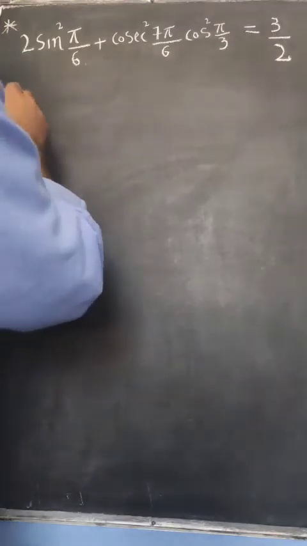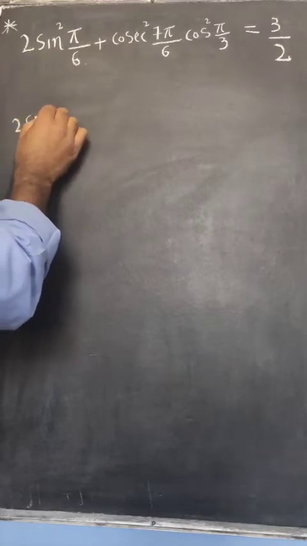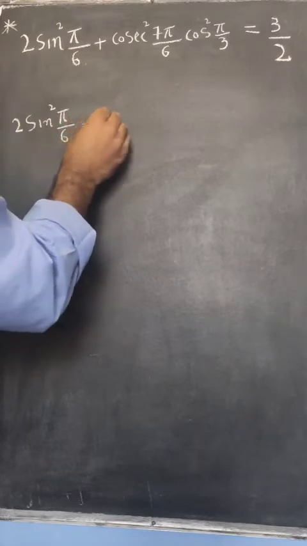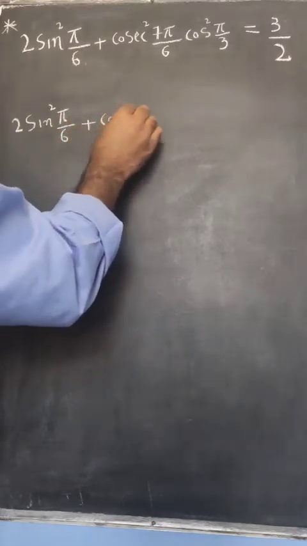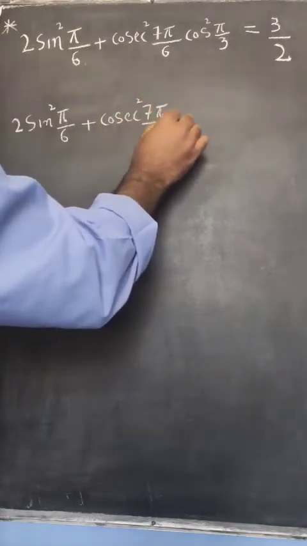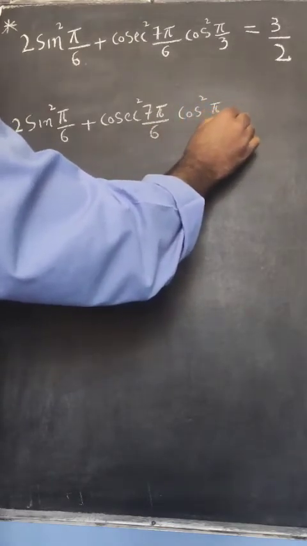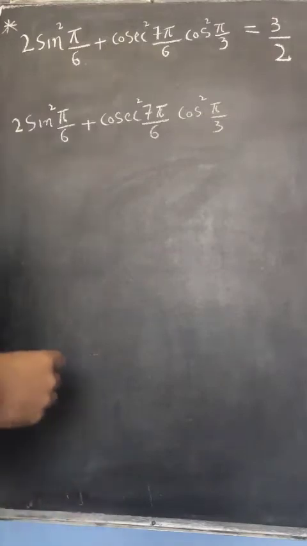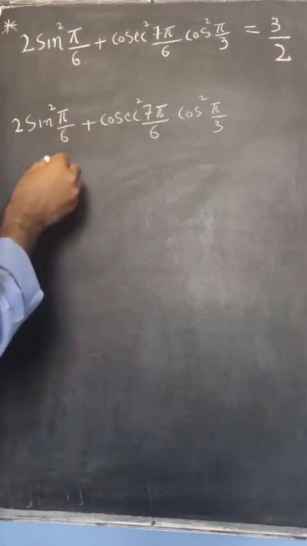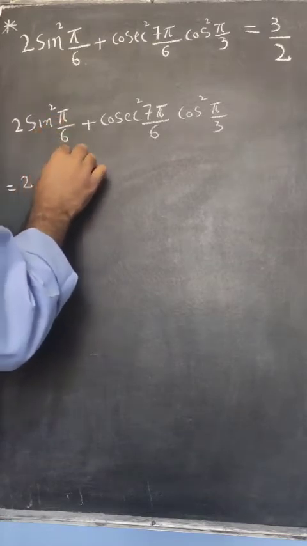So we take this LHS, we have 2 sine square pi by 6 plus cosecant square 7 pi by 6 into cosine square pi by 3. Now we know that sine pi by 6, that is sine 30 degree, is equal to 1 by 2, so we can write 2. Instead of sine pi by 6 we can write 1 by 2